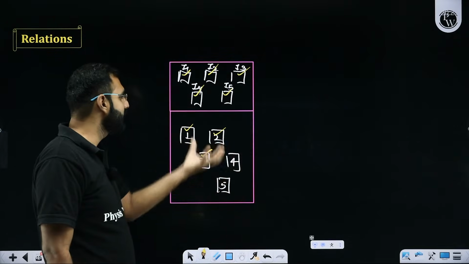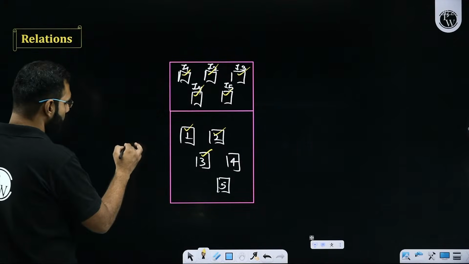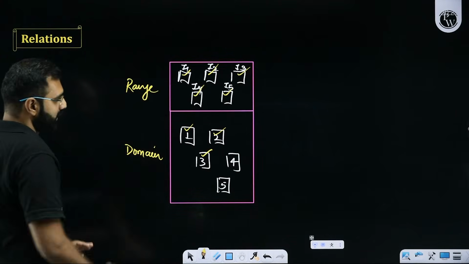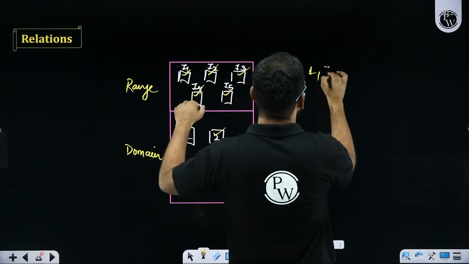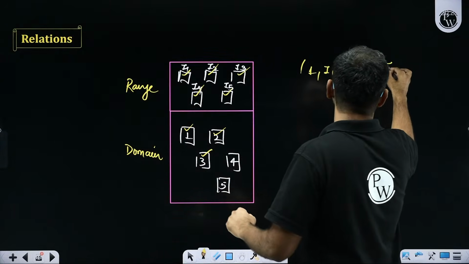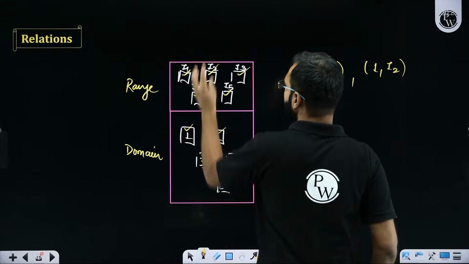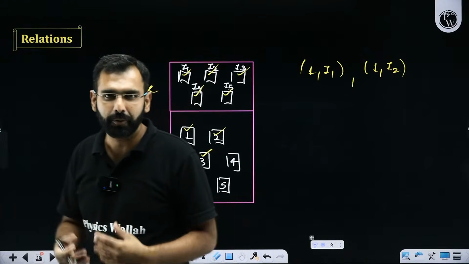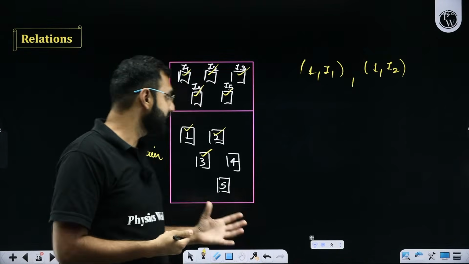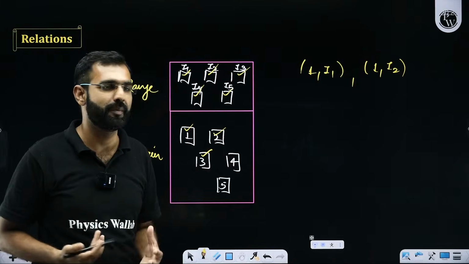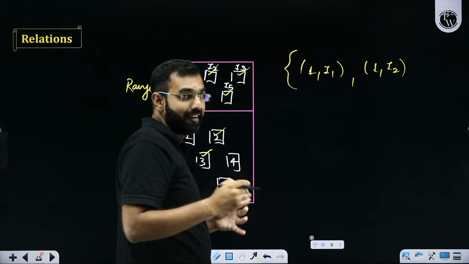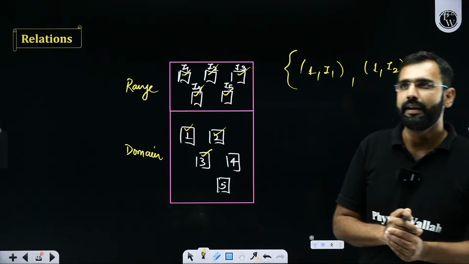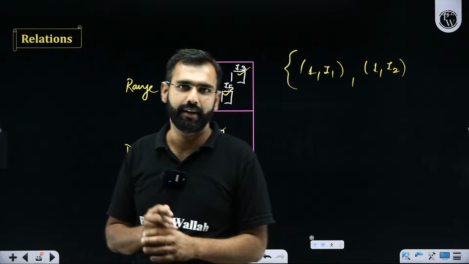So let's say this is the domain, this is the codomain. Here, this is your domain and this is the range. But here, anything is mapped with anything, which means 1 is mapped with I1, but 1 is mapped with I2 as well. So when I press button 1, it gives me an output I1 as well as I2. This is how a machine should not behave or function, right? So this is a corrupted, malfunctioned machine. And that's how I will define relations in a layman language, in a very simple language. If I could explain it to somebody in 7th or 8th standard, this is how I'll take it. I'll give this kind of analogy.